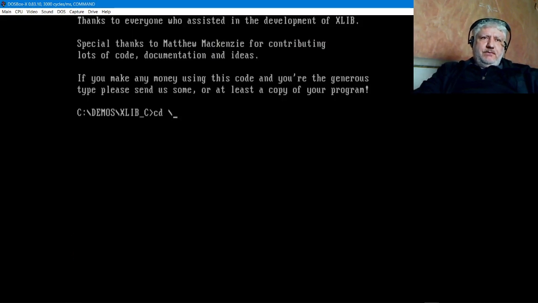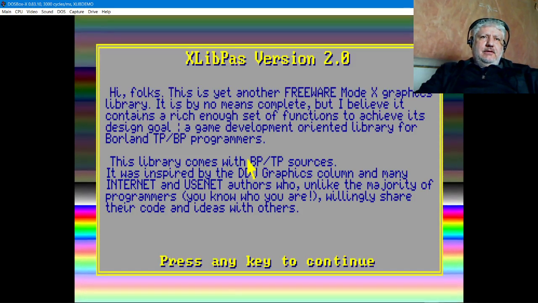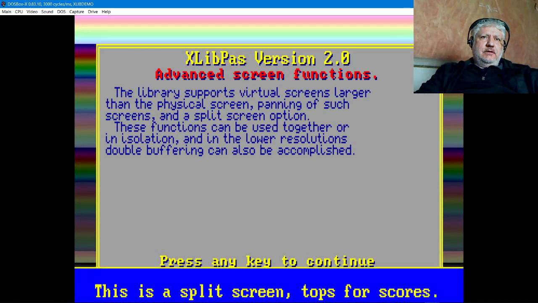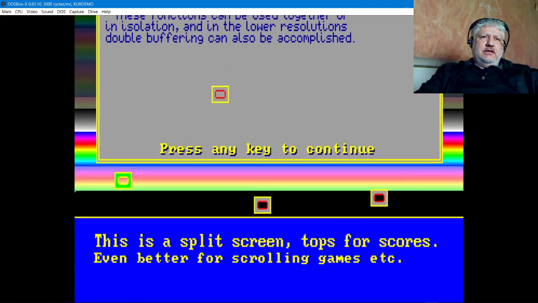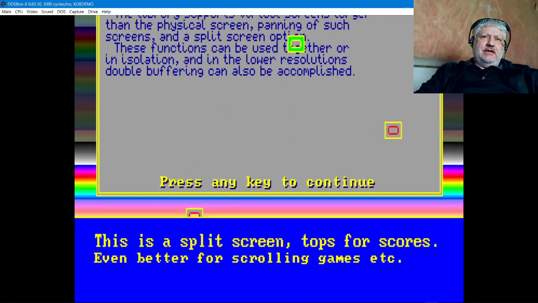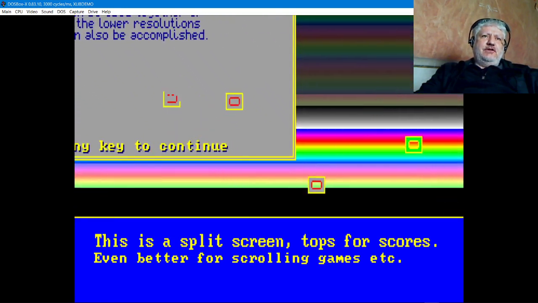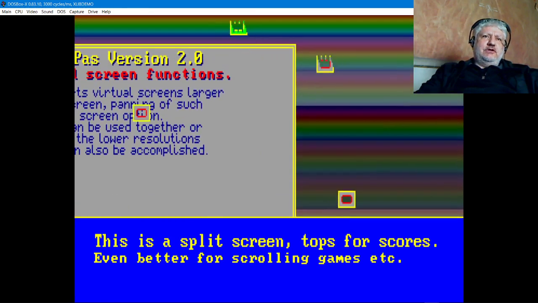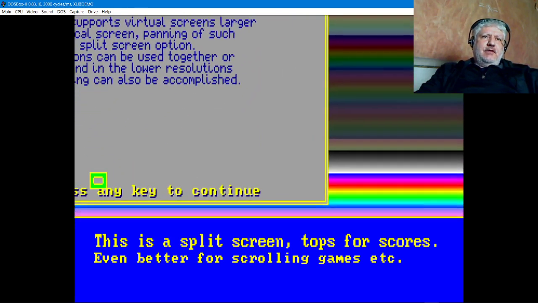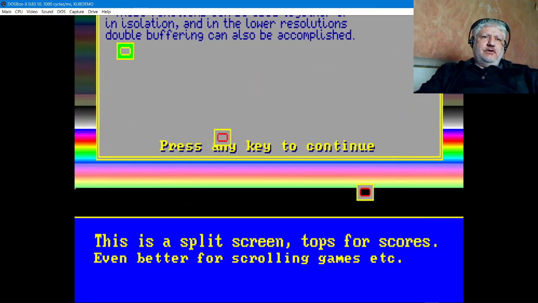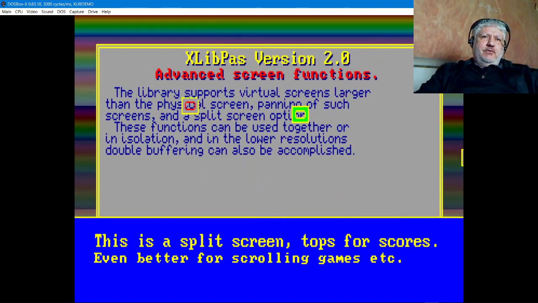All right, I'm going to flip over to the Turbo Pascal version. And look carefully. Look at the bouncing rectangles. You'll notice that they're either disappearing or tearing at the very top or around the middle to the top area. Now, I don't know if this was a bug in the original Xlib and the ported Pascal version never caught it and never fixed it,